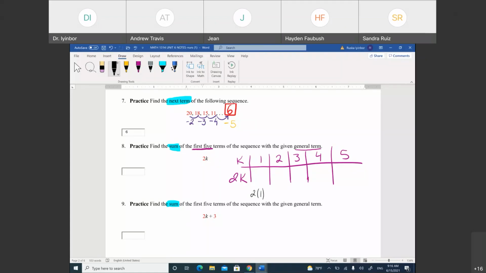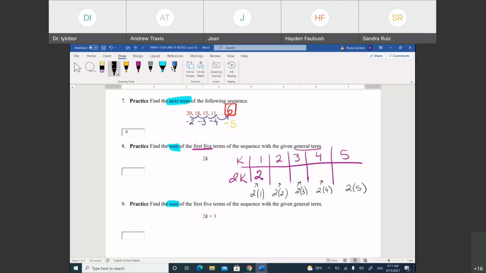What is 2 times 1? 2. So the first number is 2. Then I'm going to replace k with 2. So what is 2 times 2? 4. Then you're going to do 2 times 3. Everybody see that? 2 times 4, and 2 times 5. I'm just rewriting the formula so you can see how you're going to get each